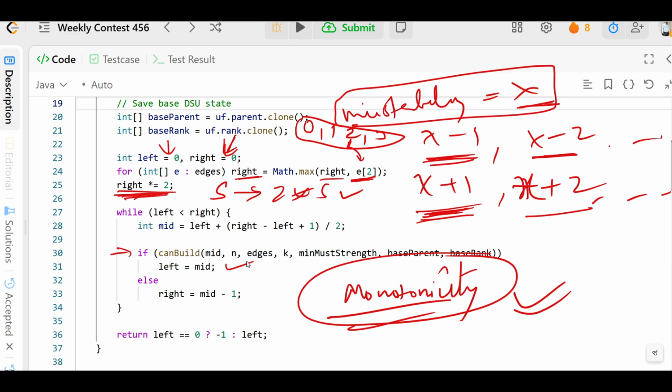It means if it will return true, the answer is valid, right? And we can increase the minimum stability, okay? And so we will update this. If no, it means this